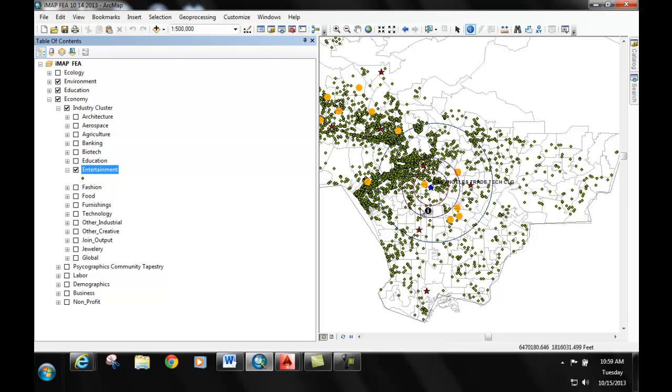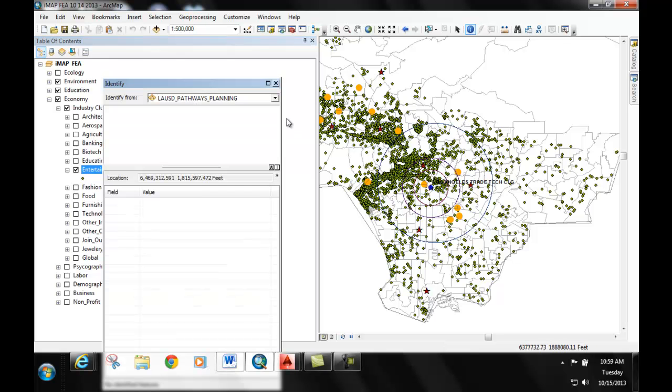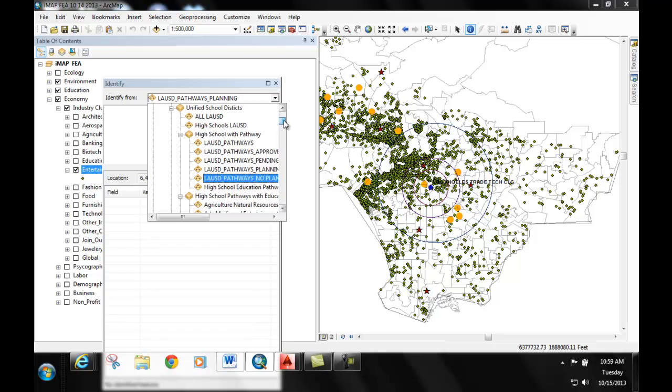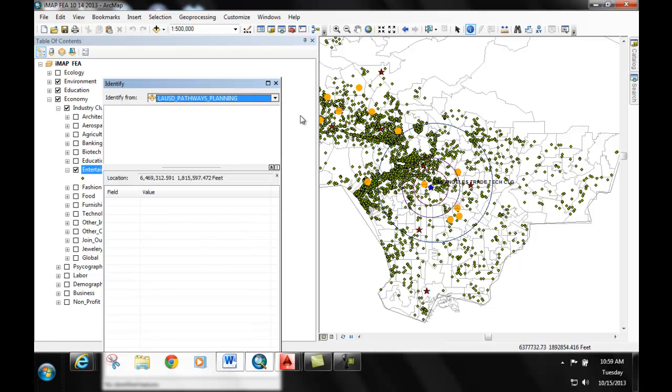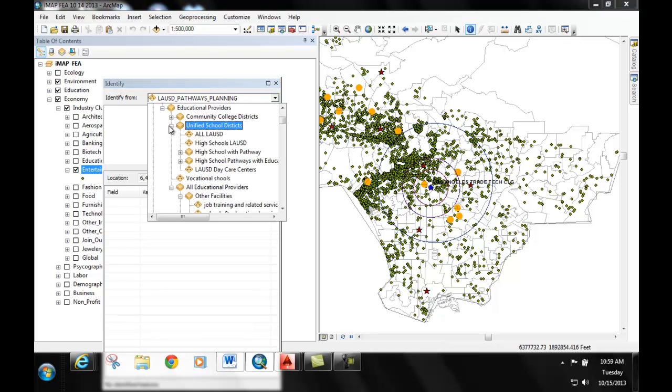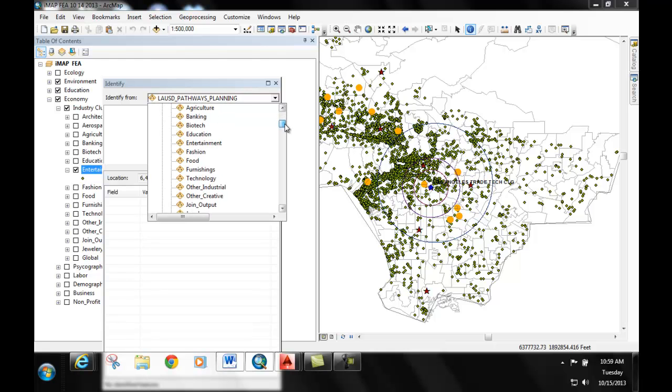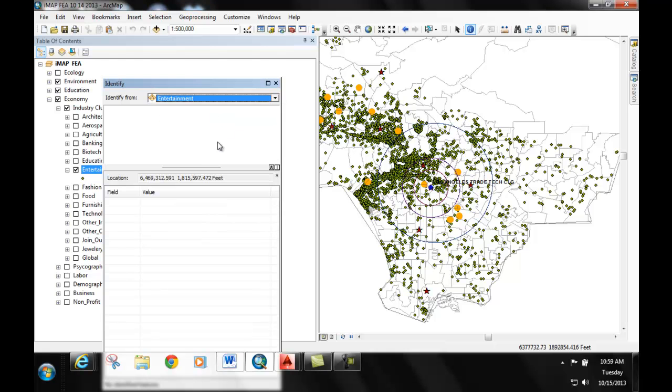Now you can click on any of these and get the same configuration. You go back here. The tool is not that smart. I work with Esri, and when you go to identify, that's kind of clumsy. You almost have to tell it where to look. It's not that smart. You still need to help it a little bit on your searching. I'm going to tell it to look under entertainment, right? So now when you click on any of these,